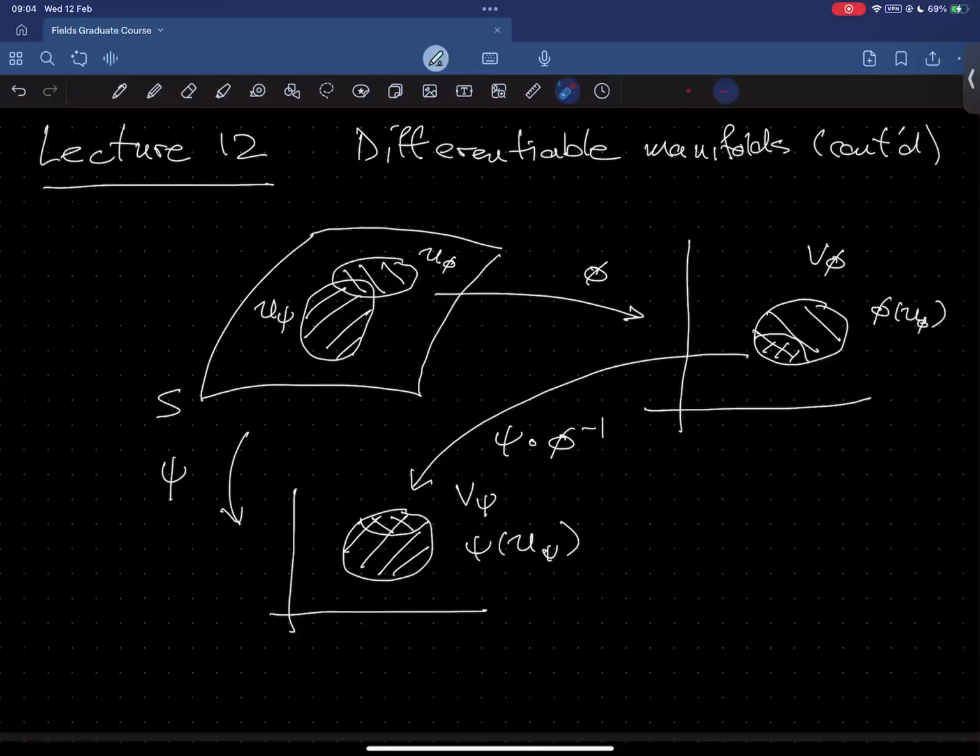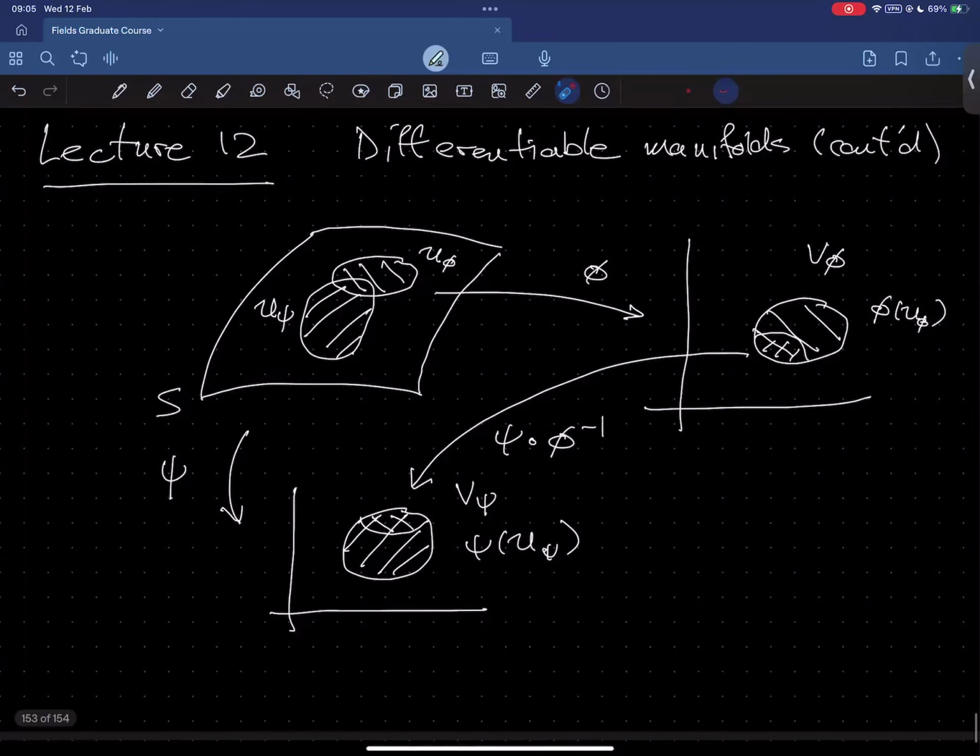The other requirement is that the mapping, which sends this image of the intersection into this image of the intersection, had to be what I called a C^r diffeomorphism. What that means is that the mapping itself is of class C^r, and moreover its inverse, which is phi composed with psi inverse,